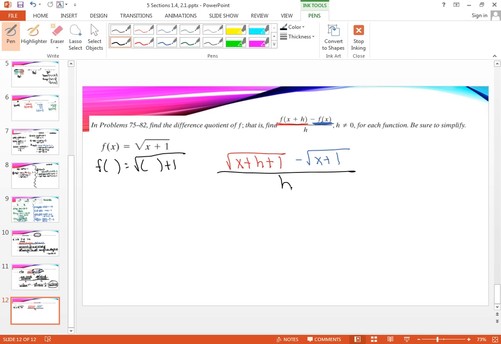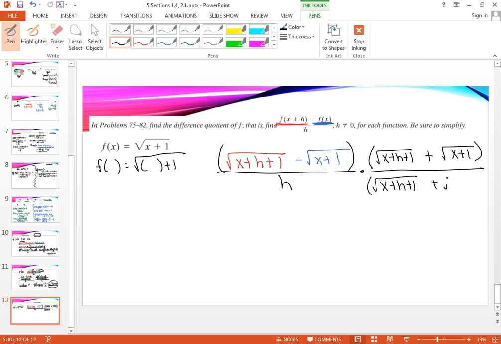So I am going to multiply top and bottom by the conjugate of the numerator. I'm going to put parentheses here. I'm going to multiply on the top and bottom by the conjugate of the top, which is the square root of x plus h plus 1 plus the square root of x plus 1. Remember conjugates? Exactly what you see, except you change the sign in the middle. So now I've got